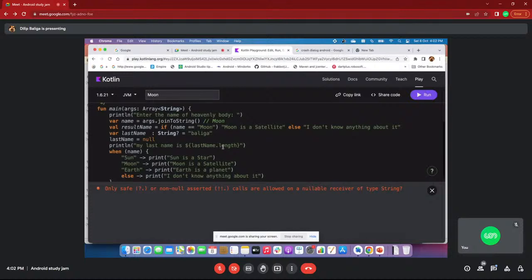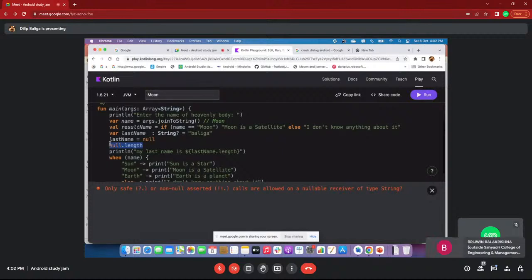So what will happen? The compiler doesn't know; it is directly taking the length, which means null dot length. Internally, what will it do with null dot length? This case is something like you are accessing the null memory and finding the length of that memory. Then the compiler will throw the error, a null pointer exception. You are accessing the null memory and checking the length of that string. That is the main advantage.